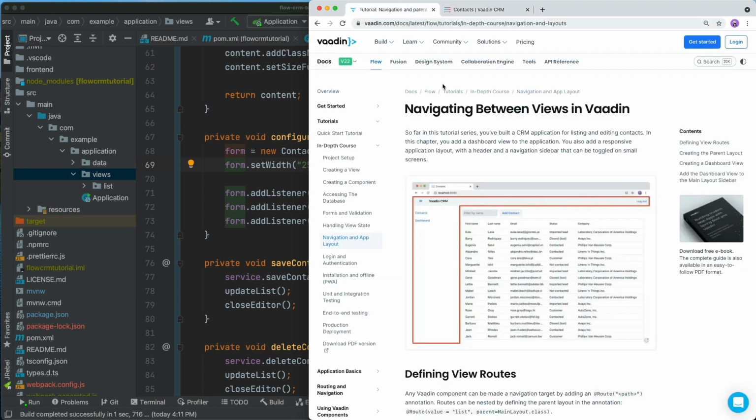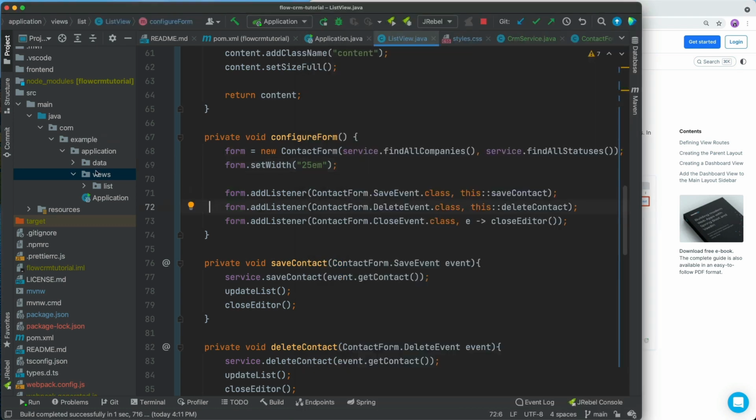So up until now, we've only been working on the list view. The next thing that we're going to look at is adding an app layout that has this responsive drawer with navigation links and a header. And that will allow us to then add a second view for a dashboard that shows stats over the contacts that we have. So in order to add this main layout, we're going to go into our Java code again,